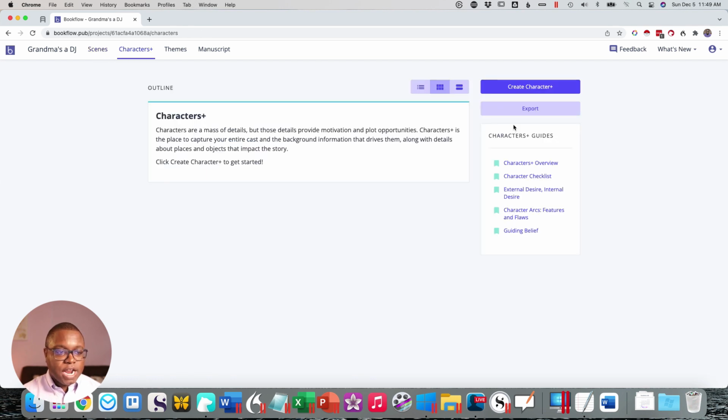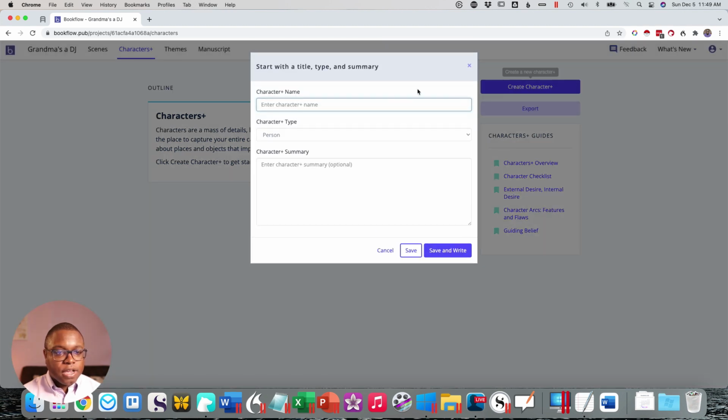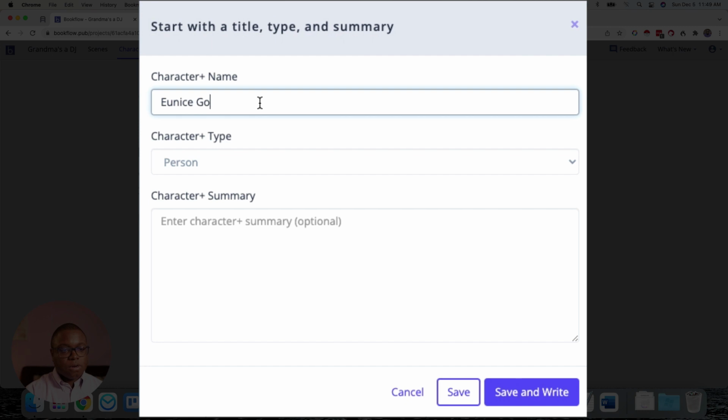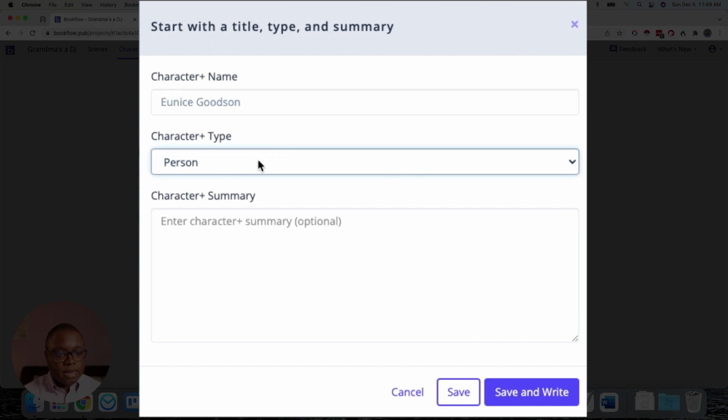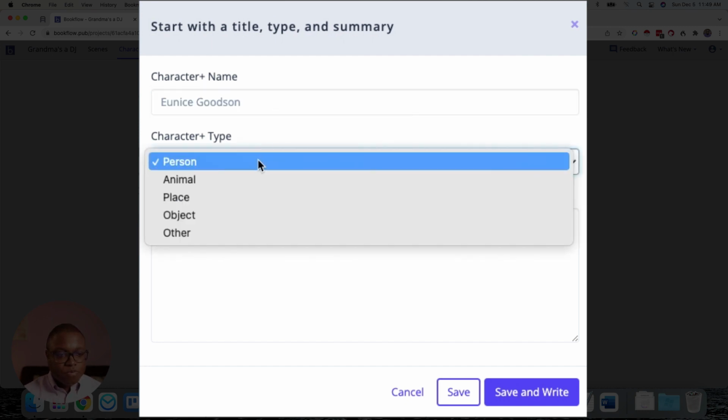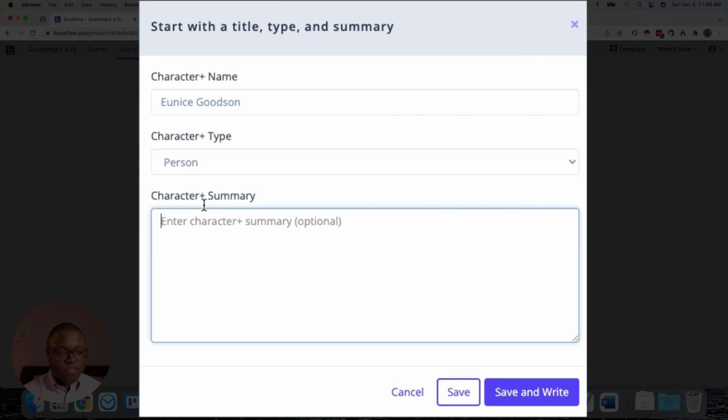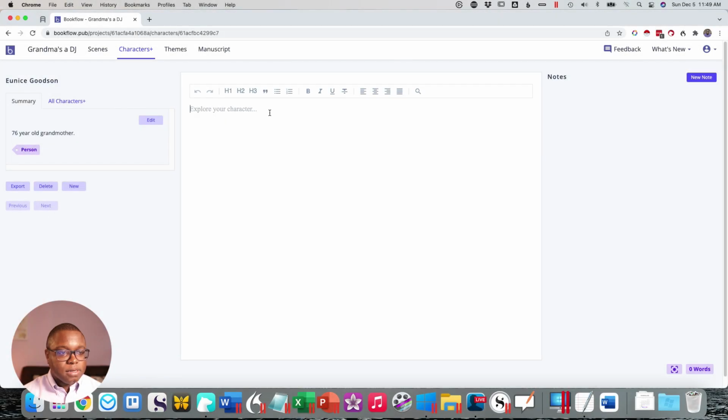I can create a character if I wanted to do that as well. And I can create a character, and we'll say it needs to be a type of person. Okay, so we can also do settings if we wanted to. All right. And we can have the same functionality here. All right. Now, if I go back to characters here,